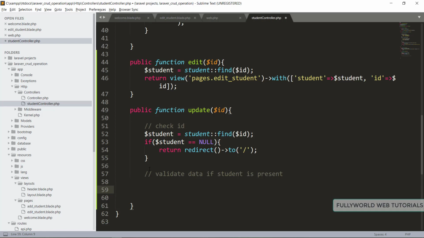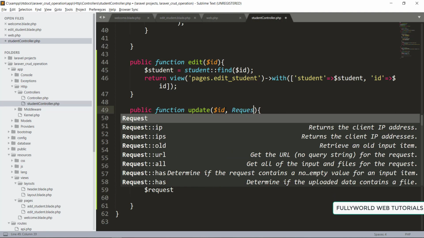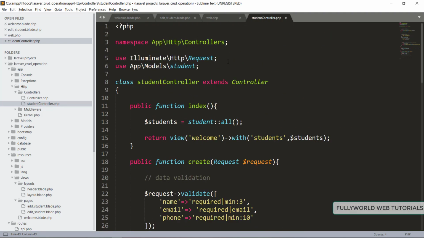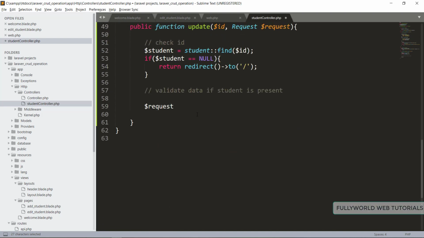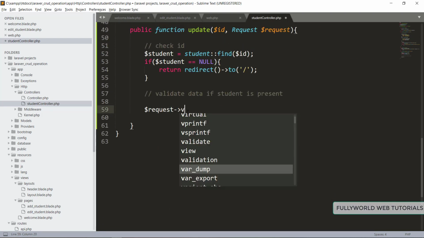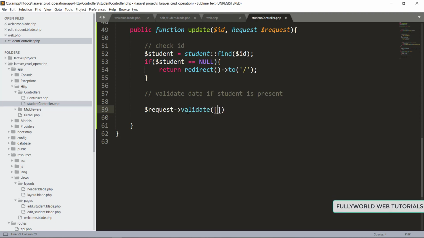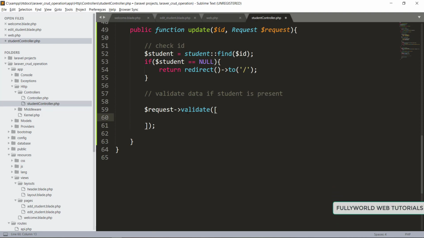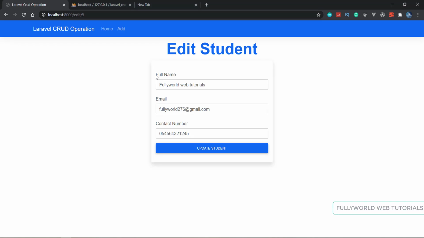Here I'm going to use $request, and here we have to use our Request class also, and its instance variable will be $request, as we already imported our Request here. Then we will validate this. First of all we will validate our full name.